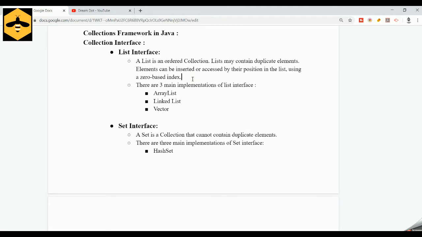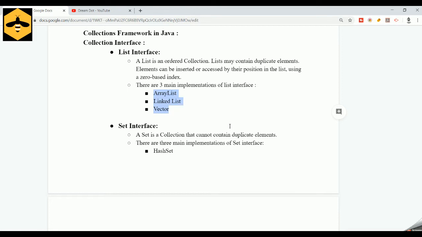In the previous video, we spoke about the collection framework in Java and the various implementations of collections that are available in Java. To quickly reiterate, we have a collection interface, and there are various interfaces in Java which extend from it, like the list, map and set. We have various implementations of each interface, and coming into the list interface, we have three major implementations: array list, linked list and vector.